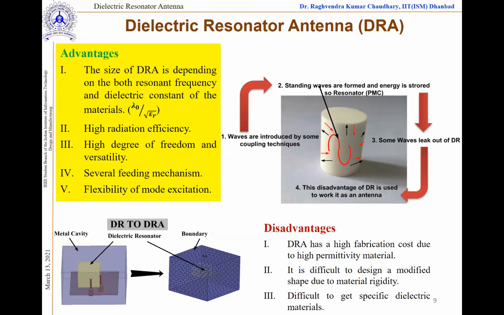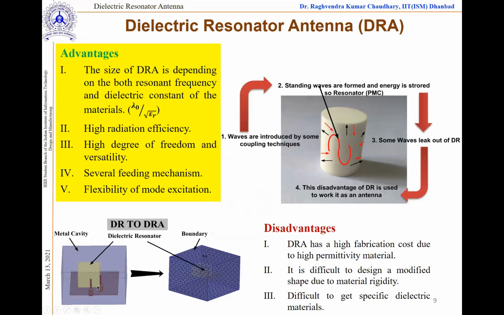Okay, so these are just some of the points. We can control the size because this is a function of lambda, not of the square root of epsilon r. It offers very high radiation efficiency and several feeding mechanisms you can use, correct? And here you can see that earlier, when we were using it as a filter,